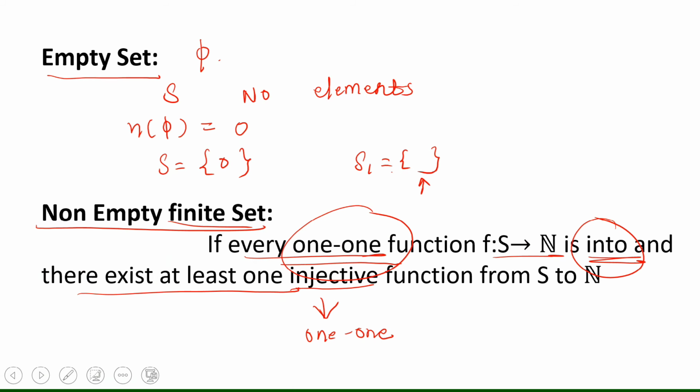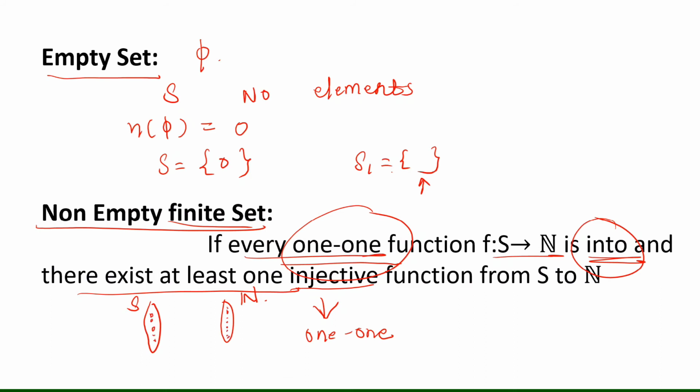Going back to the definition, it says if every one-one function f from S to N, so suppose you have two sets S and N. Now we know that N is the natural number set and it contains infinitely many elements.